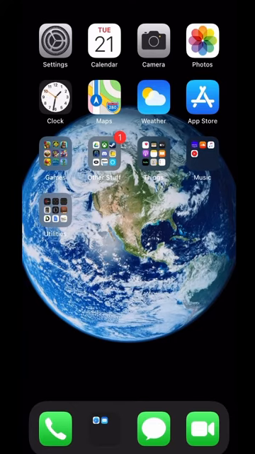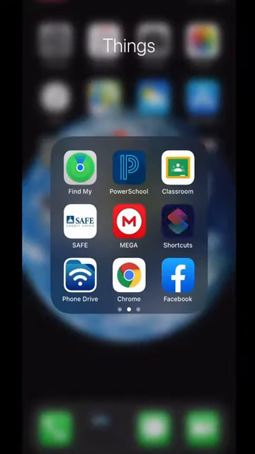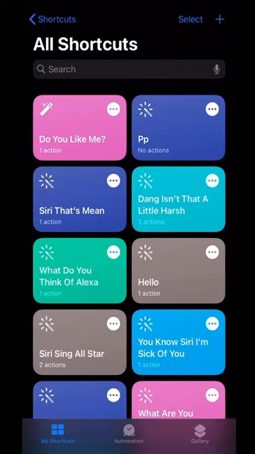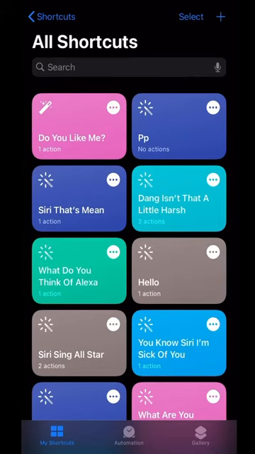In my case, it's in a folder named Things. I just scroll over and there it is, Shortcuts. Or, of course, you can scroll up and search for Shortcuts and it'll pop up. Your interface might look a tiny bit different than mine because I have iOS 14 developer beta right now, but it should look generally the same as long as you're on